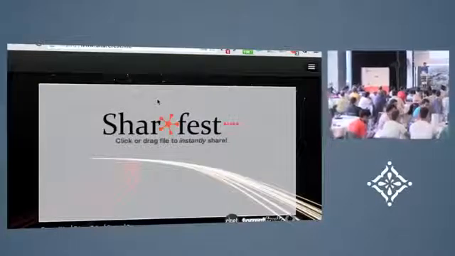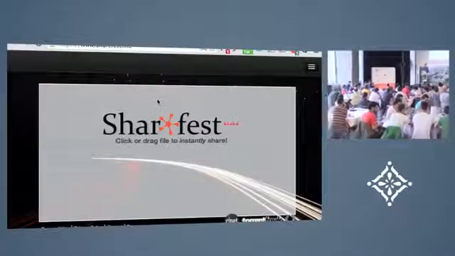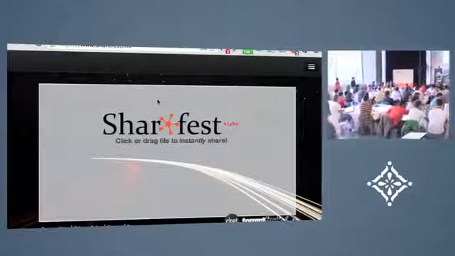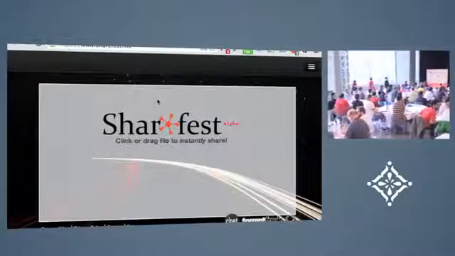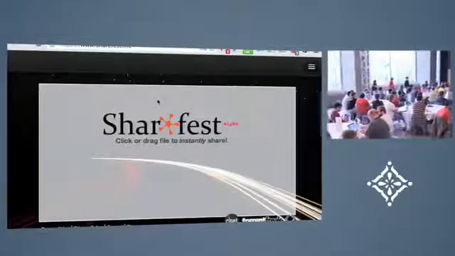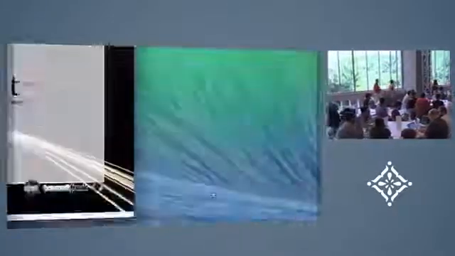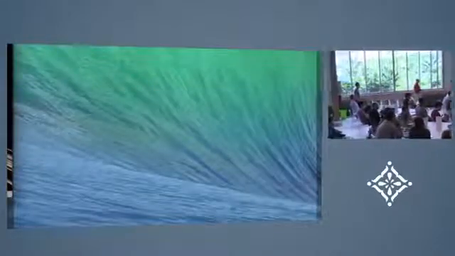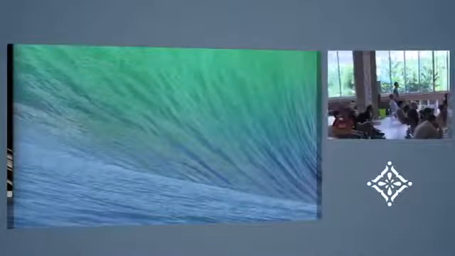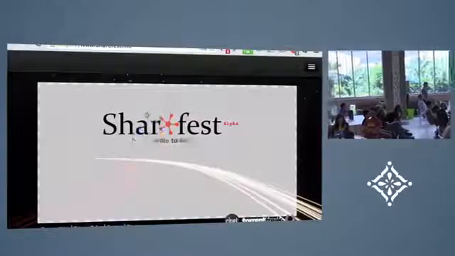So there's other uses as well besides video and audio. So this is a really cool example. It's called ShareFest, and it's a way to send files from one computer to another really seamlessly. So all I do if I want to use it is I drag a file from my computer. Let's drag this file here, drop it on this page,